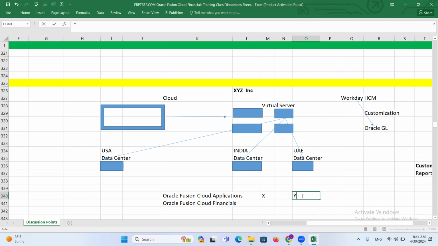So Oracle is trying to keep the virtual servers available in almost all the countries, in their own data centers, or their leased data centers, or their partners' data centers, which doesn't matter for us. But wherever you are, you think your server is lying and waiting for you as a virtual server. The moment you hit, it is ready to respond. It is not going to say different messages like, please wait, I'm working for you. You are no more going to get such an experience,